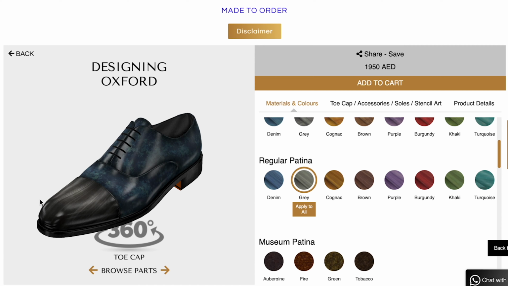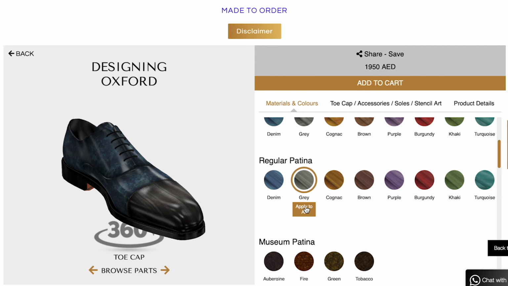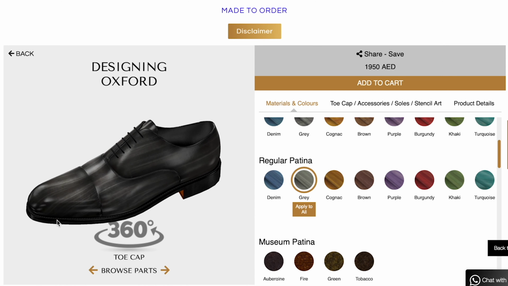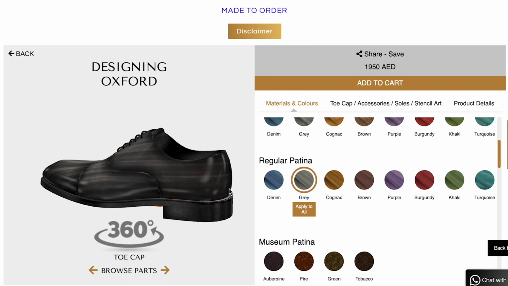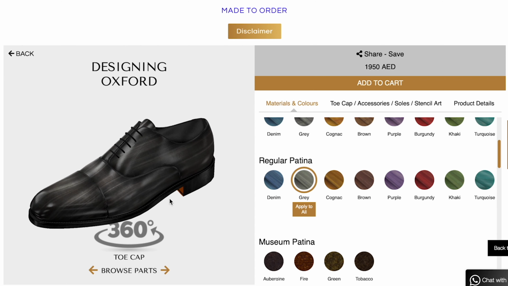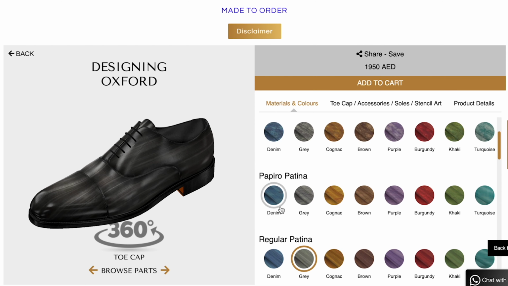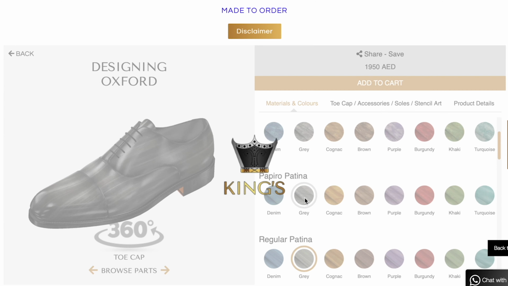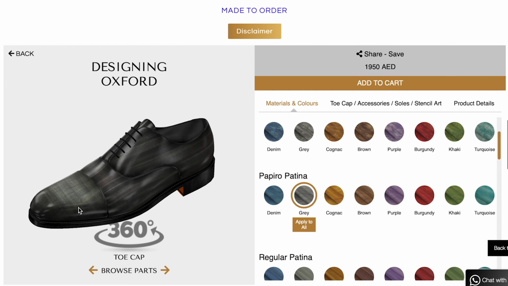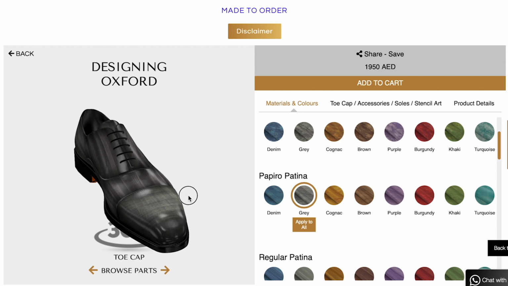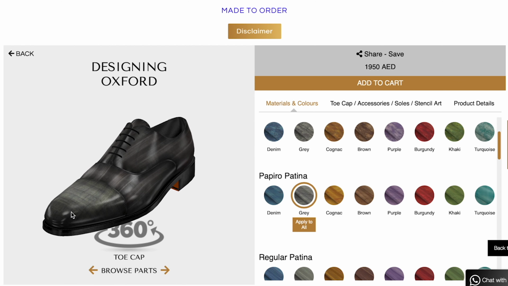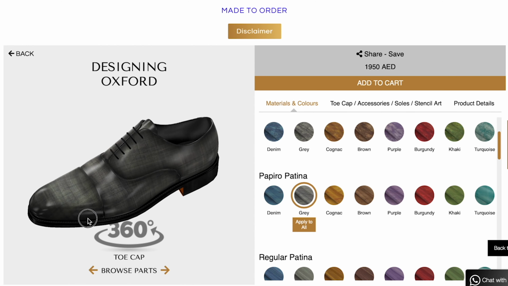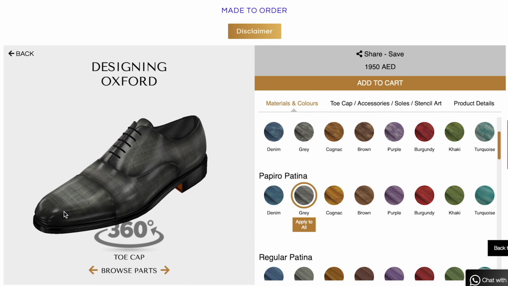you can see there are strokes in one direction that are created here. And if I say apply to all, the whole shoe is done in regular patina and gray color. You can see that. And let's try the papiro patina. You can see the checkered kind of a design over here that is displayed. And again, if we do apply to all, the whole shoe is in a checkered design, which is a papiro